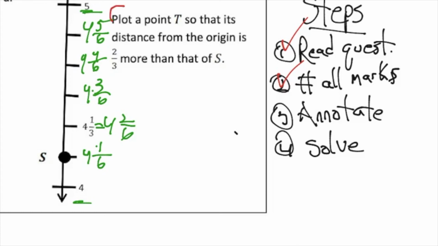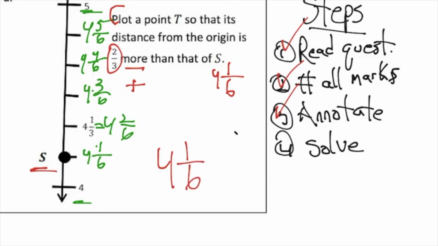Okay, so plot a point T so that its distance from the origin is 2/3 more than that of S. So we're doing 2/3 more, right? So we're adding than that of S. And S, you see here, is 4 and 1/6. So 2/3 more than 4 and 1/6. That is just a number sentence. And we are adding. We can put a little check mark there because we did annotate. So now we have 4 and 1/6 plus